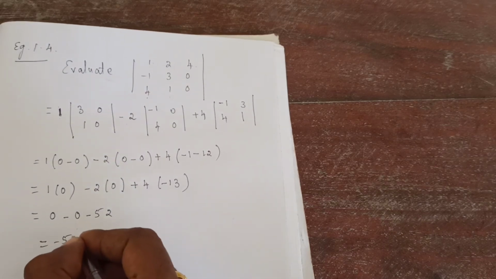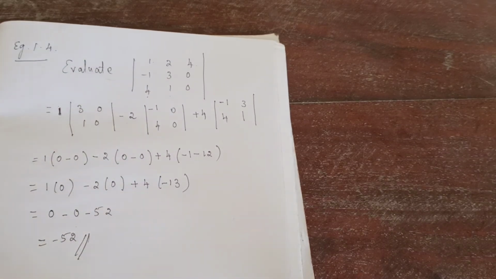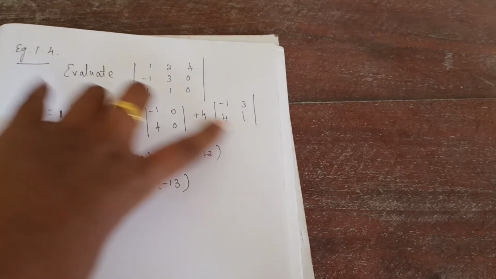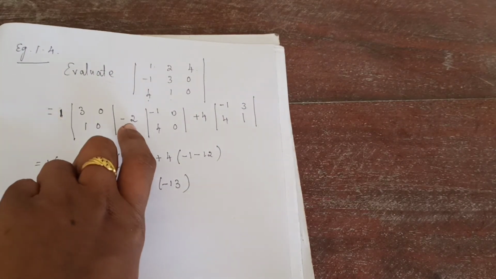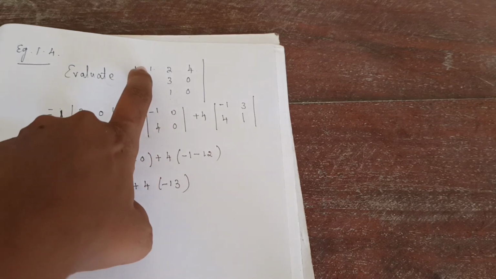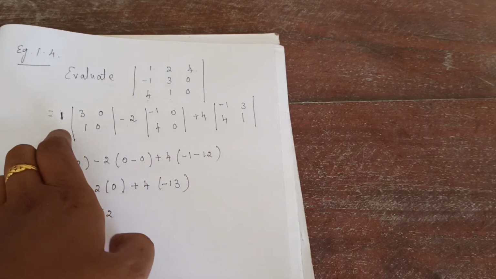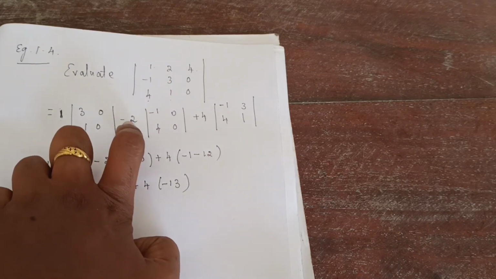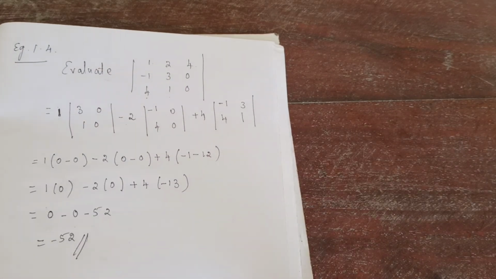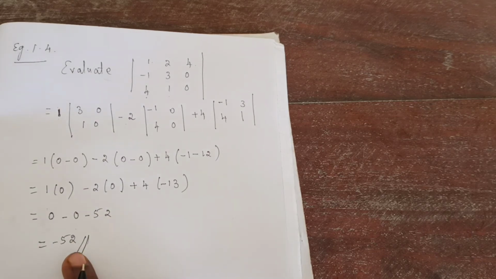So this is the determinant value. Understand? So if they asked simply to evaluate, only for the first row you will find. That is, first number when you are writing, plus. Next number, minus. Maybe here it is a minus symbol, then that same symbol. Second number will be multiplied by minus, so minus 2. Then you will cross multiply and you will find the determinant value. This is the answer.